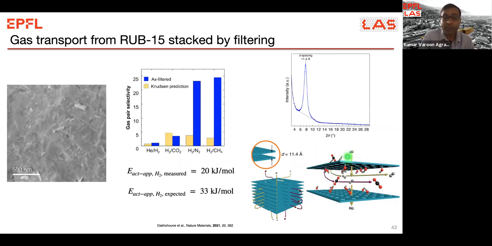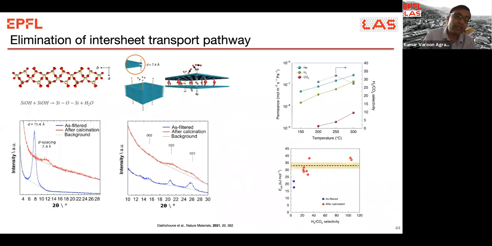And so exactly this was happening. So my student came with this idea: why don't we condense these nanosheets, given that they have a reactive silanol group? If you heat 2 silanol groups together, they're going to make an Si-O-Si bond, releasing water. And this is exactly what we see in the XRD here. Once you heat, this 11.4 angstrom goes to 7.4 angstrom. In fact, the thickness is less than 8 because you're losing the water molecule once you do this condensation. And then what we see is that we can indeed get hydrogen CO2 selectivity.